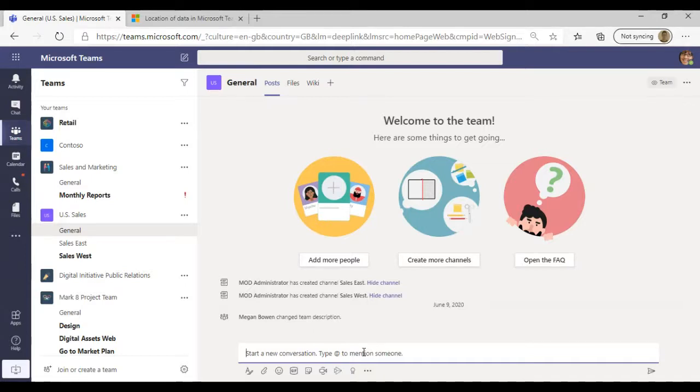Now, one of the really good and amazing features within Teams, the Teams channel here, is the ability to do inline translation. So if you are working with not just cross-country organizations, but actually throughout the world, you can switch on something called inline translation.